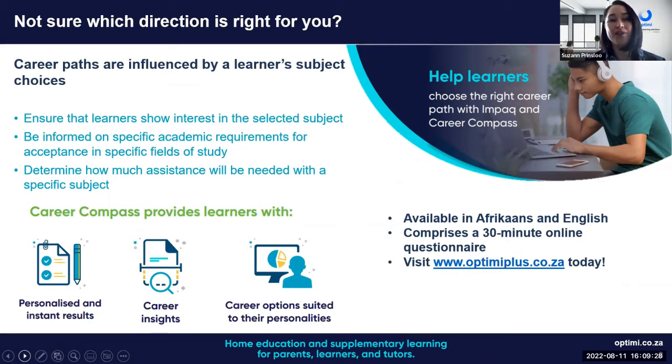I know in life orientation, there are these portfolios from grade 8 already where they can look at different careers, and this is where they can use the careers that they're interested in to find a career path, do some job shadowing, but research is super, super, super important for learners to be able to get an idea of what it is that they one day would like to study.